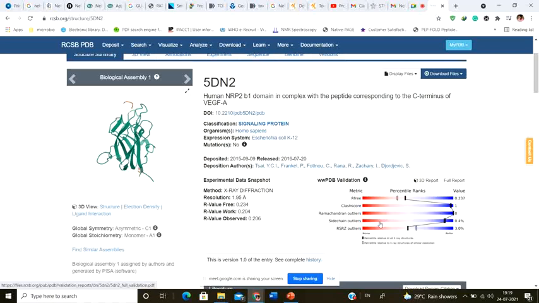In the case of side chains, now side chains are highly fluctuating, since the backbones are usually the most stable ones, whereas the side chains fluctuate a lot. But in this particular case, you have 0.4% of the side chains in the outliers, whereas all the rest of them are present in the allowed regions. But what about the clash score? The clash score means if there are any two atoms which are overlapping with one another. Do you have any? And obviously you see that yes, there is none. There's only one. That means anything that is present in this blue segment is very good. Okay, it's very good.